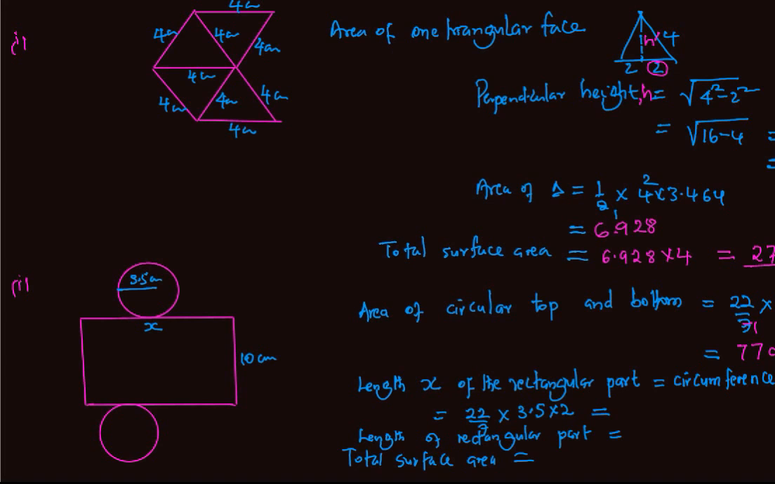The length x of the rectangular part is equal to the circumference of the circle, which is equal to 22/7 times 3.5 times 2, that is 2 pi r, and that simplifies to 22 centimeters. So with x equal to 22 centimeters, the length of the rectangular part,